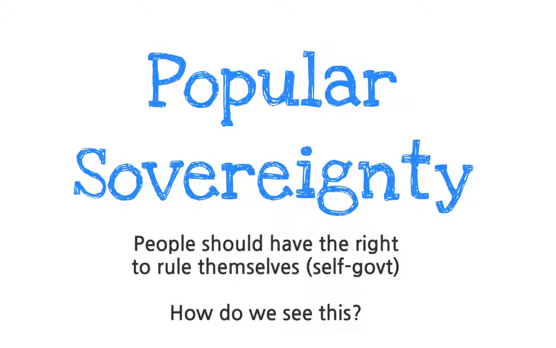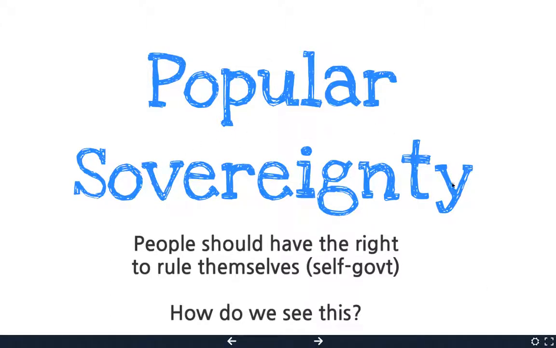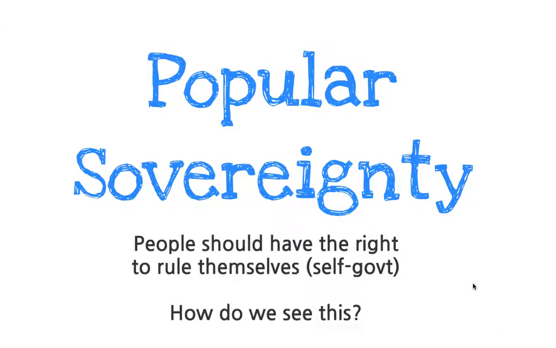This is a big deal. It's a huge deal. Popular means people. Sovereignty means supreme. That the people are supreme in the United States government. That people should have the right to rule themselves. We can clearly see this if we look at